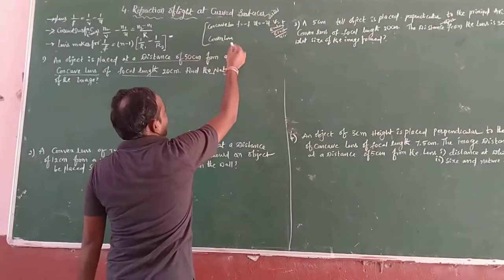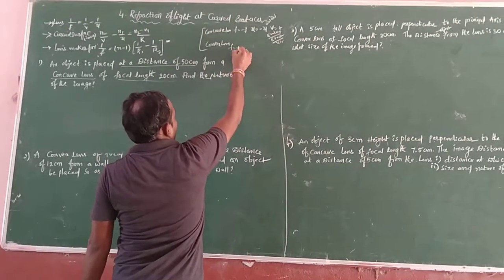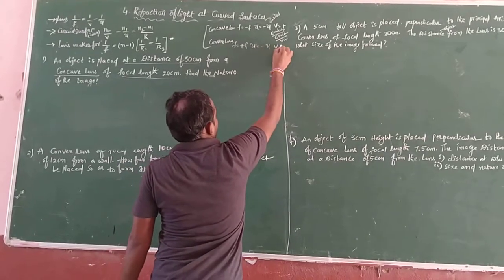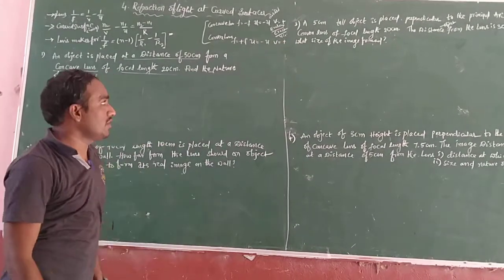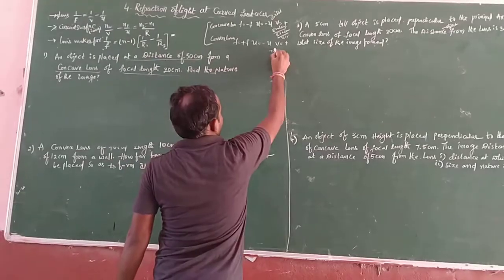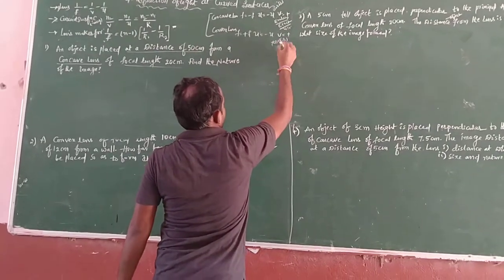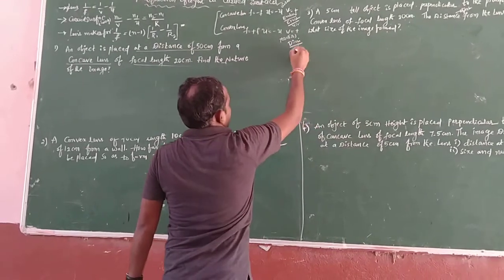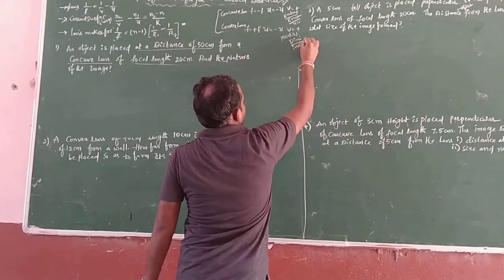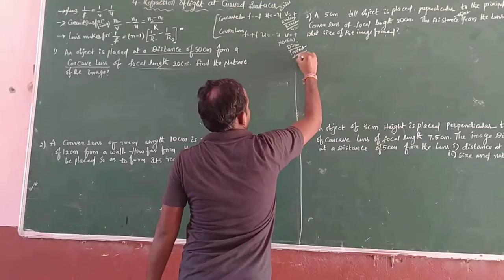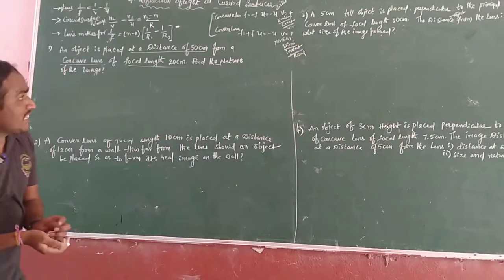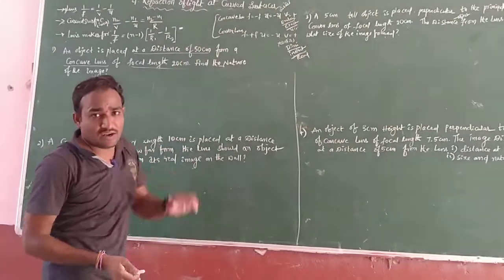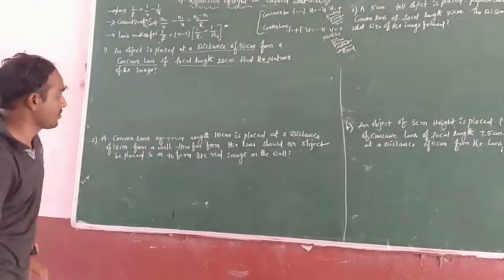For the convex lens, f is positive, u is negative, v is positive. Keep in mind Chitani: diminished, inverted, real image. That is according to the sign convention as well as the characteristics of the concave and convex lens. Go to the first problem, number 1.